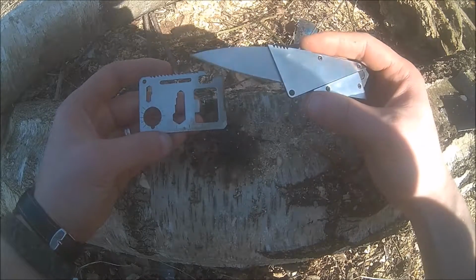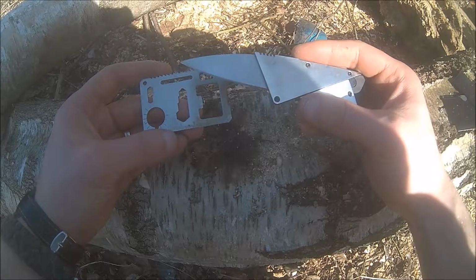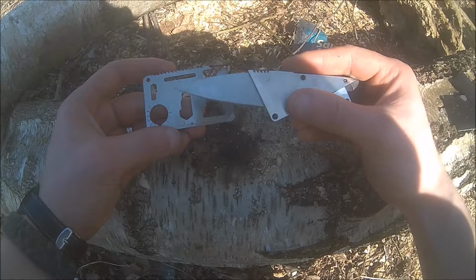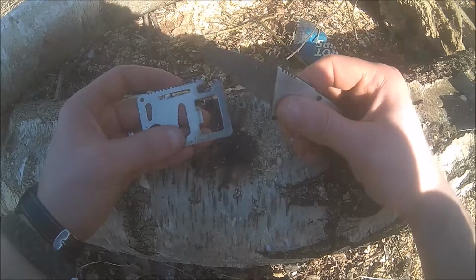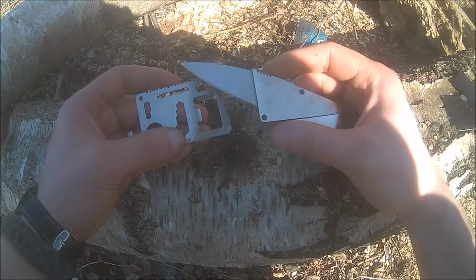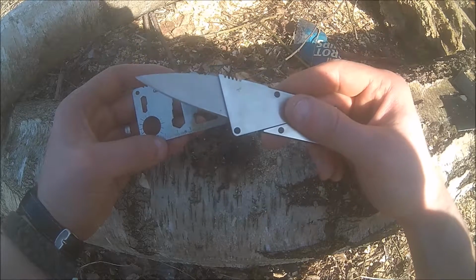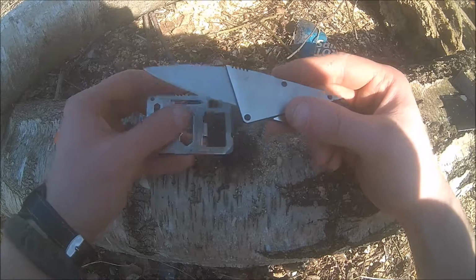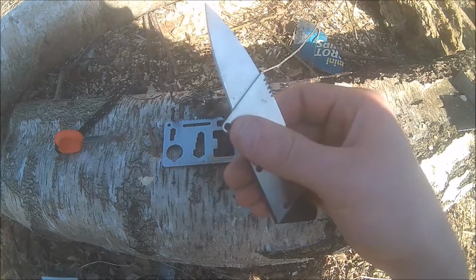But for the outdoor enthusiasts, these are really cool to have. I mean, these don't replace real tools, your real knife, your real saw and whatnot, but these are pretty cool to take a look at and have some fun with them. And I will actually keep one of those Card Sharp 2 clones in my wallet, so I have it on me all the time. This really surprised me, and just to prove it to you,